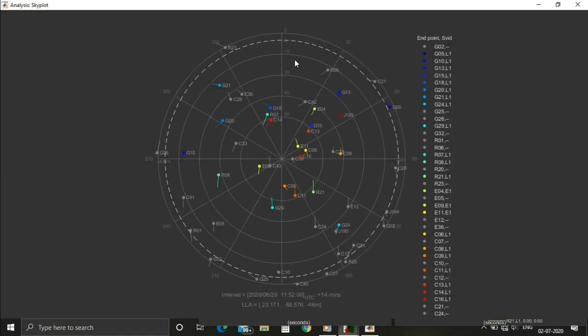This is the sky plot. I have already discussed what a sky plot is in the first part. From the sky plot you can understand the azimuth and elevation angle of any satellite. Here you can see inside the 60-degree circle there are 10 satellites, meaning their elevation angle is between 60 degrees and 90 degrees. And here you can see there are a few more satellites between 60 degrees and 30 degrees, and we can ignore the satellites beyond 30 degrees because their signal strength will be less.